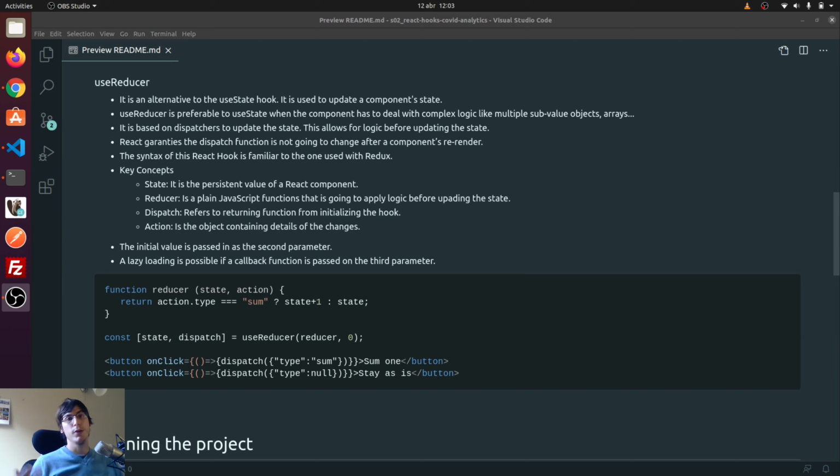So in this video we're going to look at the useReducer hook. The useReducer hook is an alternative to the useState hook that we've seen previously and is exposed by React in order to update a component's state. The useReducer is always preferable to the useState when the component has to deal with complex logic and functionality before